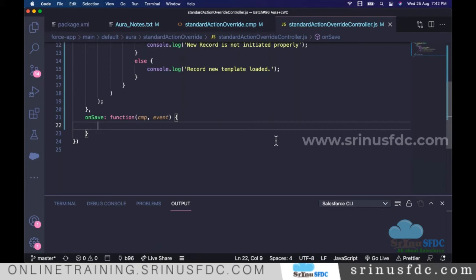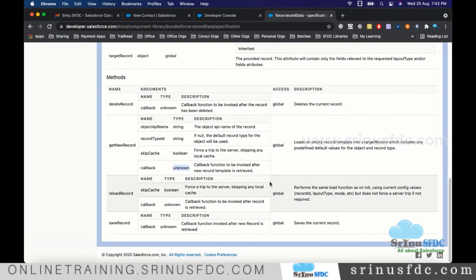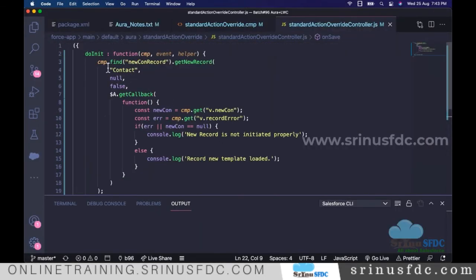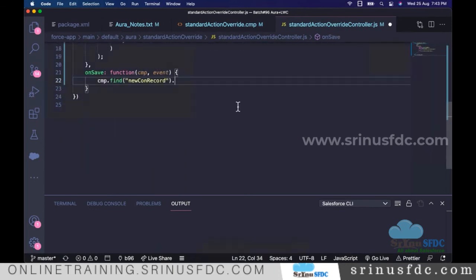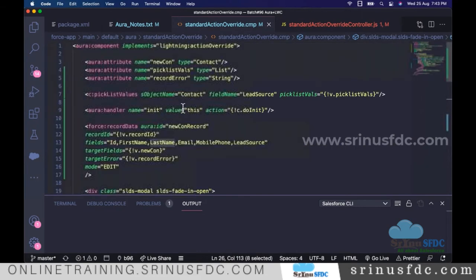Okay, to save the record, again, if you go back to the documentation, saveRecord. All we need to do, we need to identify that component on the UI and initiate the save. For saving, no need to supply any parameter, right? So as a return type, I think only one callback function it is giving. Okay, so that's what. So we are getting similar to here what we did, right? Finding and saving, right? Same thing here we do. Finding this record ID, this one,